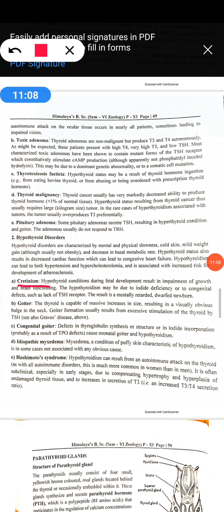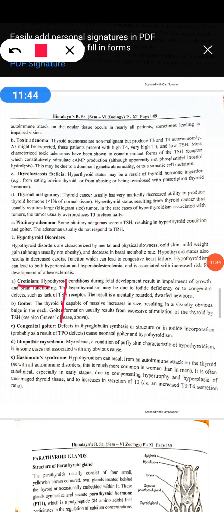The second one is myxedema, or Gull's disease, in adults. It is characterized by thickening and puffiness of the skin. It is the most salient feature. The subcutaneous tissue, particularly of the face and extremities, becomes very thickened. The patient lacks alertness and intelligence. The patient suffers from slow heart rate, low BP, because in hypersecretion BP and heartbeat are increased, whereas here is the opposite condition: low heart rate, low BP, low body temperature, and stunted sexual development.